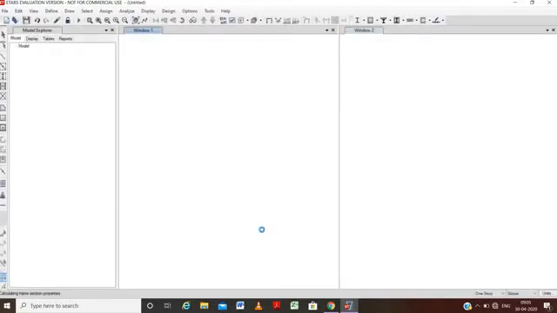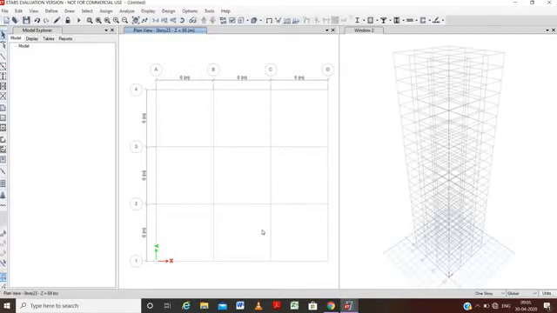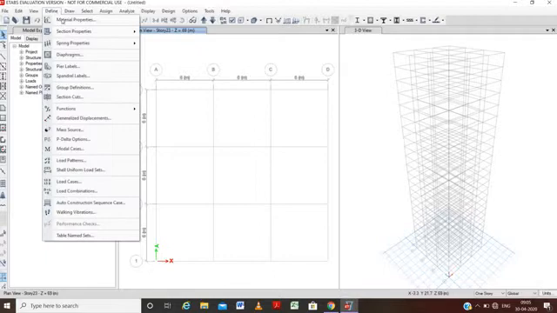Now you can watch the model has been made in two windows. Window 1 is for the plan and Window 2 is for the 3D view. Like this. Now first of all, before continuing with the modeling of the building, we will define the structures,